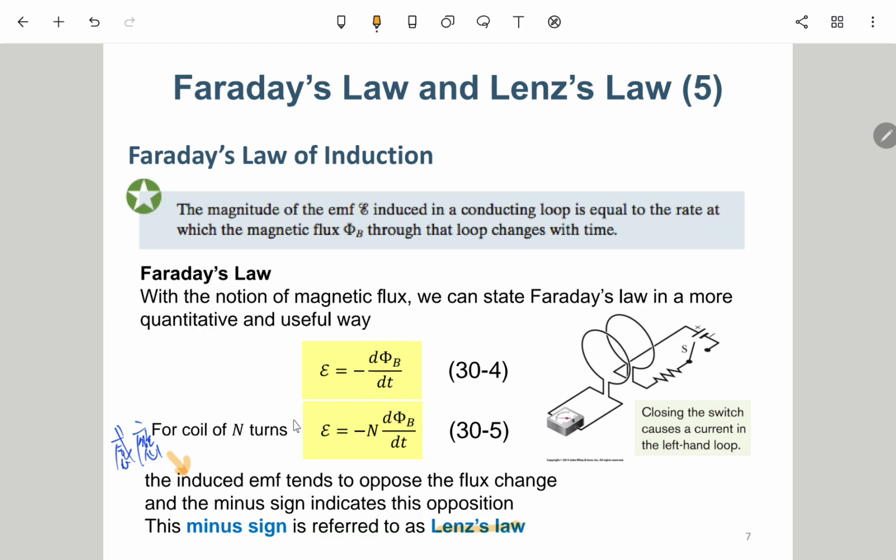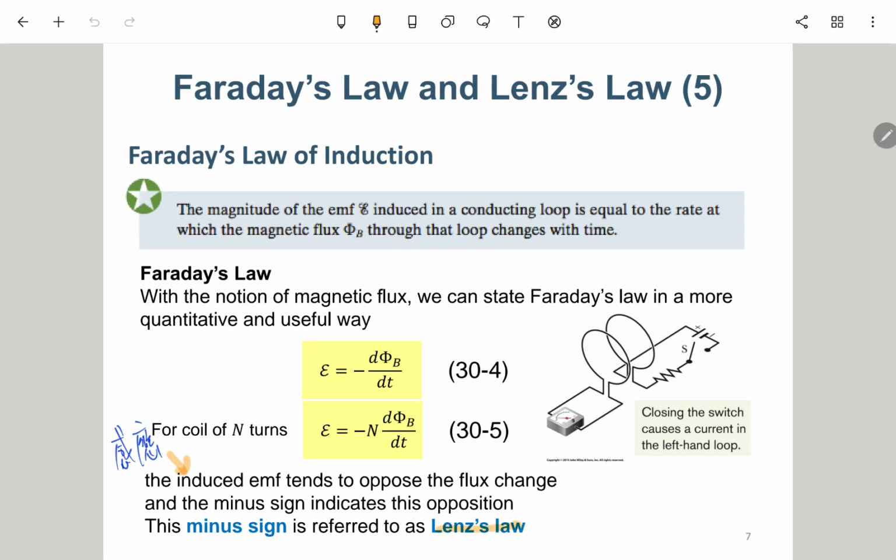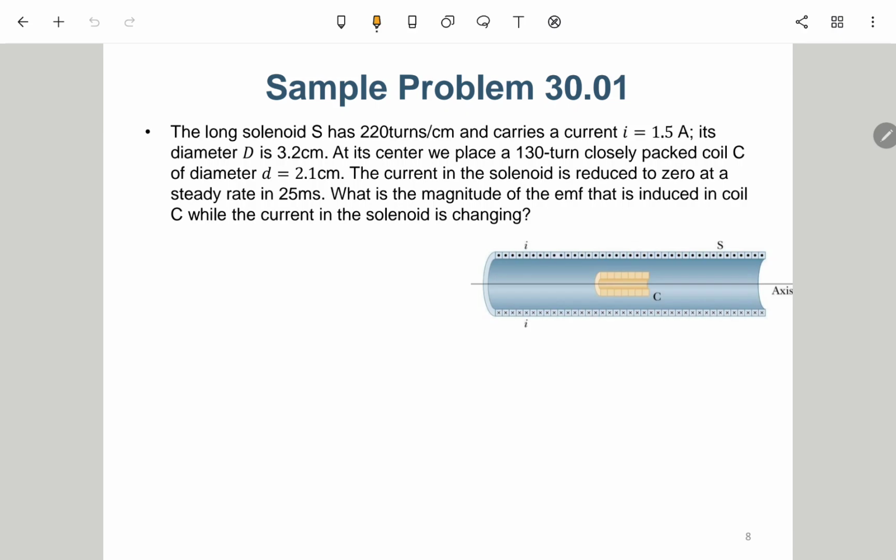You can guess that Lenz's law was probably discovered first, then it was written as a formula, so the whole formula is called Faraday's law. But with Faraday's law, you can't erase Lenz's law, so it is still called Lenz's law, something like that. Before talking about Lenz's law, we have a sample problem first. But maybe let's have a 10 minute break and then